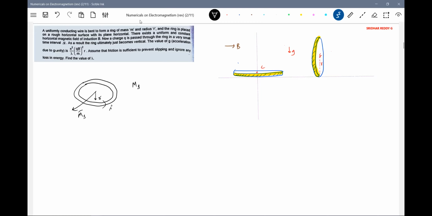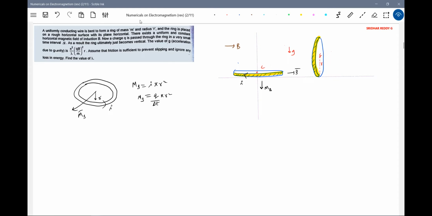Then what is M bar? I into pi r squared. What is I? Q by delta t. Now how should this dipole moment be directed? Here I'll send a current in this direction, so M bar will be like this. That Q by delta t is what? M and B, and the magnetic field vector is here, B bar. Will there be any torque? Yes, there will be torque. Torque due to whom? Torque due to the dipole moment.